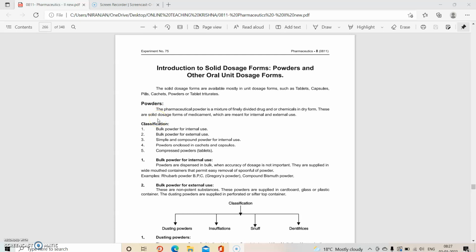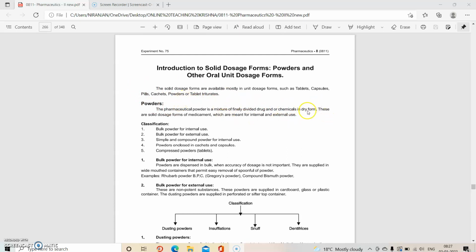So what are the powders? This is a mixture of finely divided drug and chemicals in dry form. These are the solid dosage form of medicaments which are meant for internal and external use. So the powders can be used internally as well as externally, and these are the solid dosage form of the